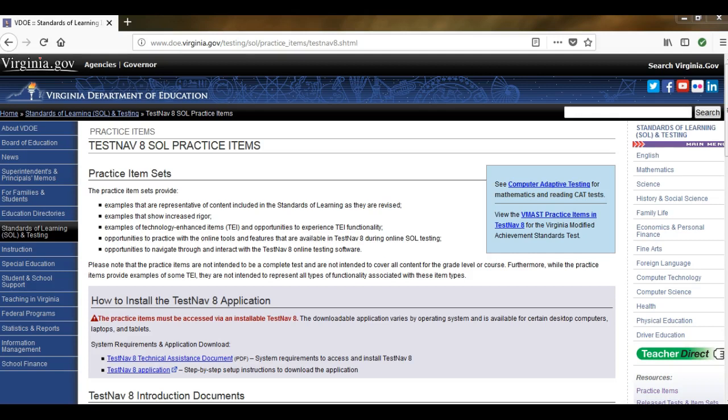I would like to teach you how to download the TestNav app onto your computer so you can practice. After you click on the link that I provided for you, you'll see a screen that looks like this and a category that says how to install the TestNav 8 application. So if you click here where it says TestNav 8 application,